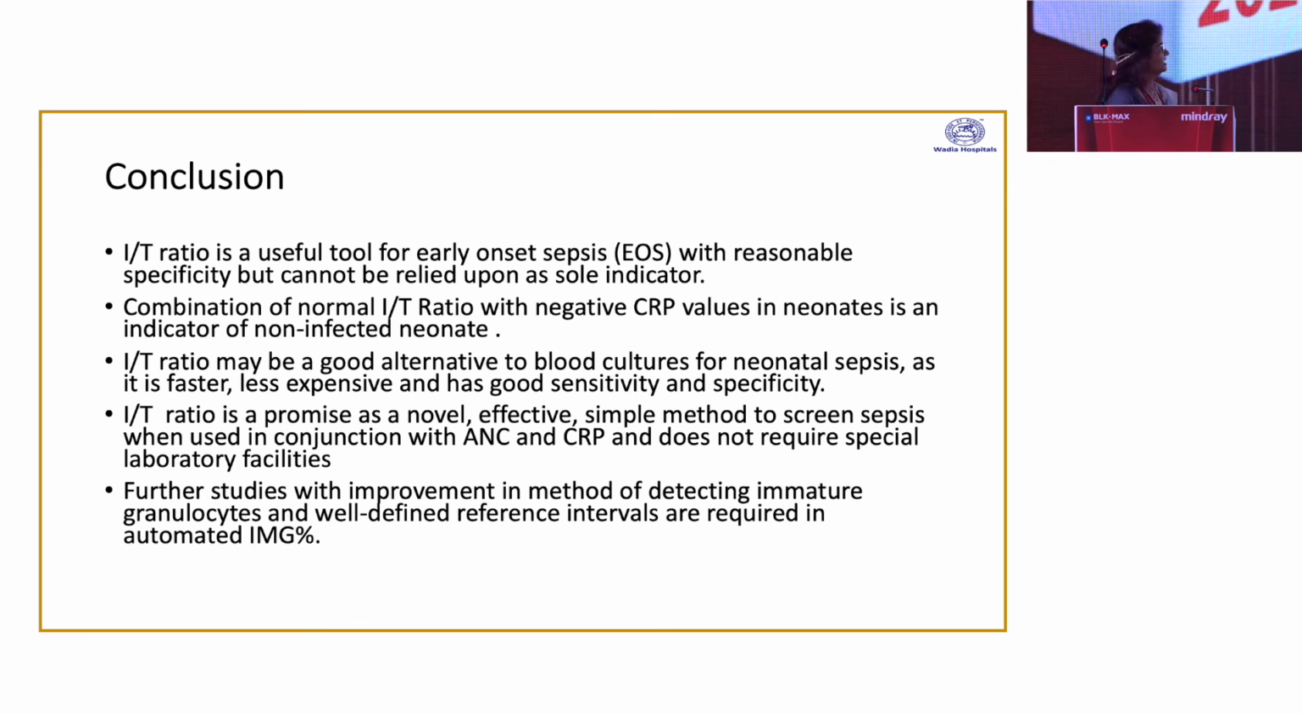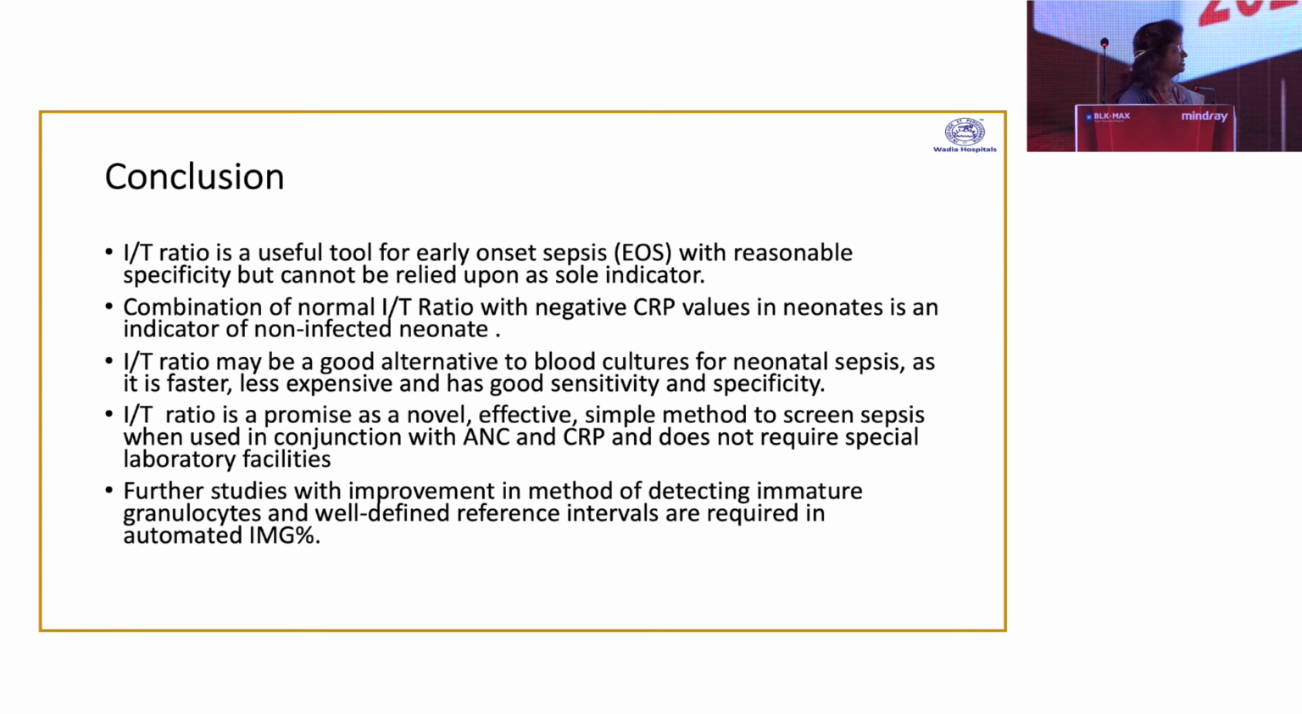So to conclude, IT ratio is a useful tool for early onset sepsis with reasonable specificity but cannot be relied upon as a sole indicator. Combination of normal IT ratio with negative CRP value in a neonate is an indicator of a non-infected neonate. IT ratio may be a good alternative to blood cultures for neonatal sepsis as it is faster, less expensive, and has